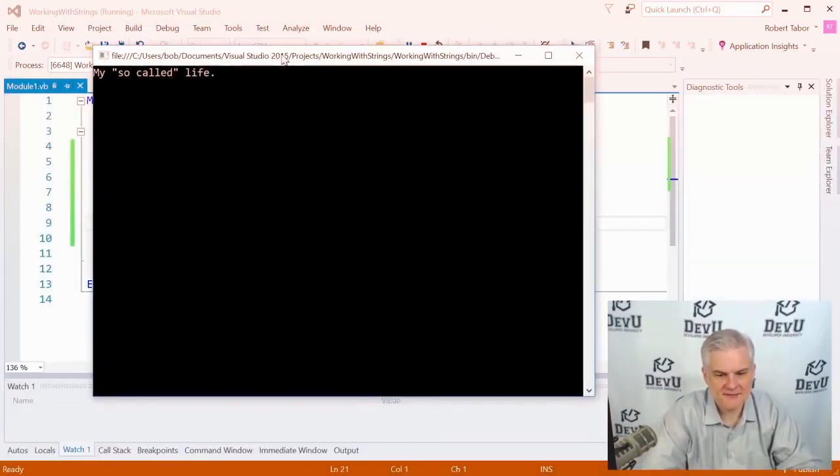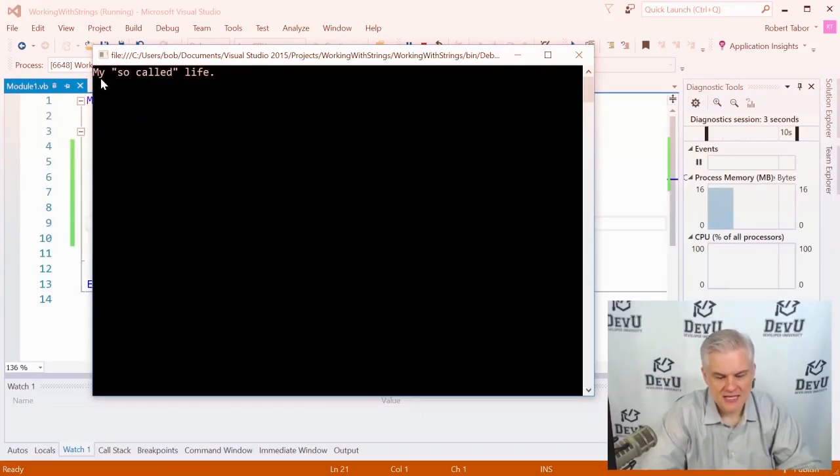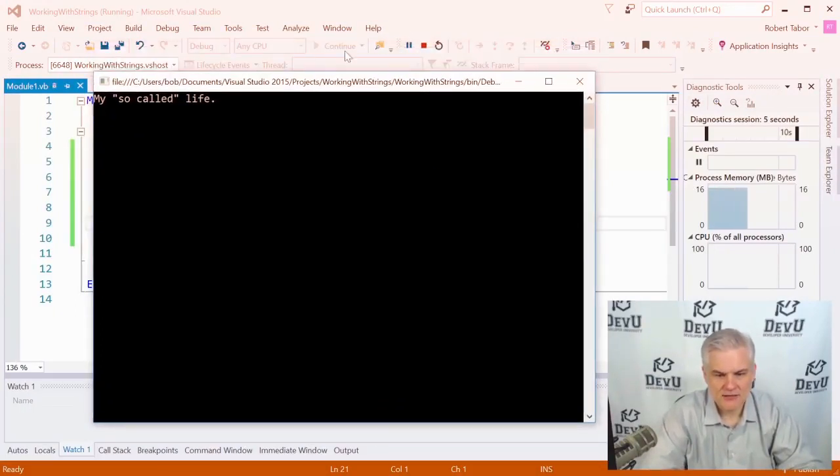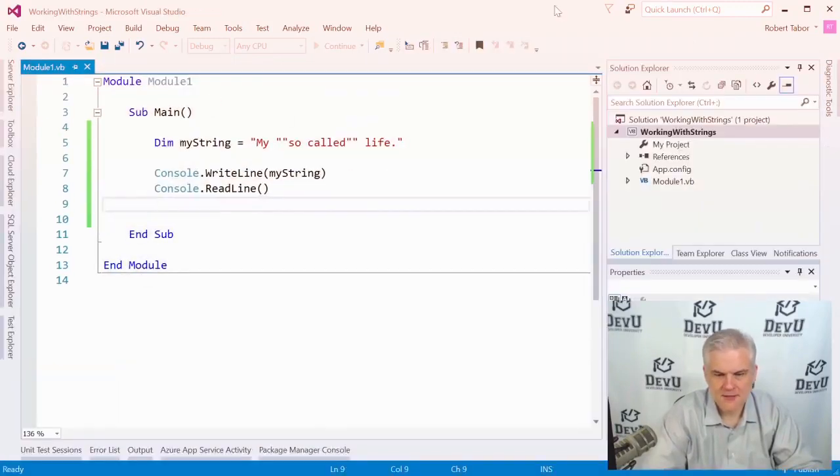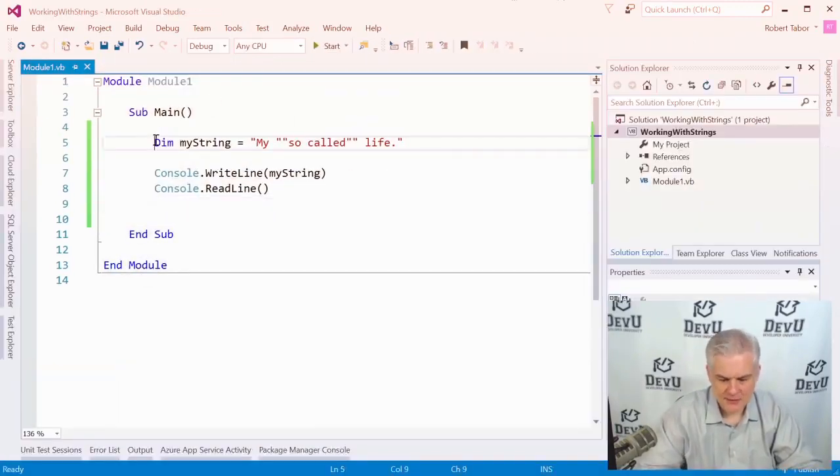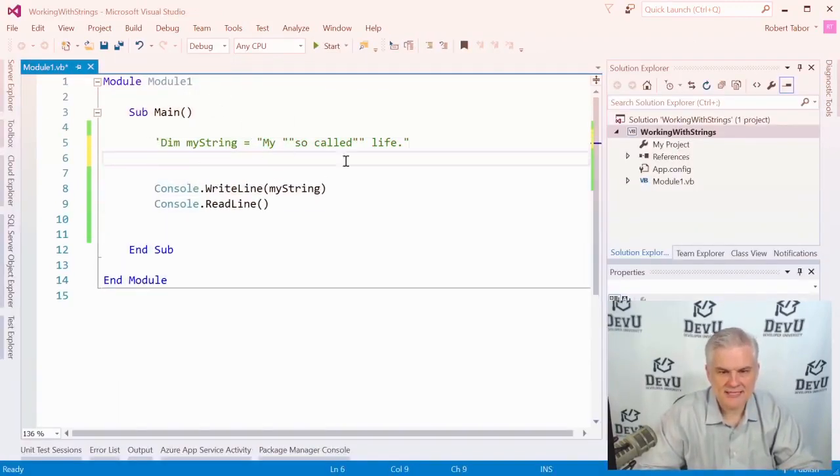And I just hit the F5 key on my keyboard to run it instead of hitting the little start button on my toolbar. You can see it formats it correctly, my double quote, so-called double quote life. Great. All right, so next up, let's comment that out, and we'll take a look at what if I need